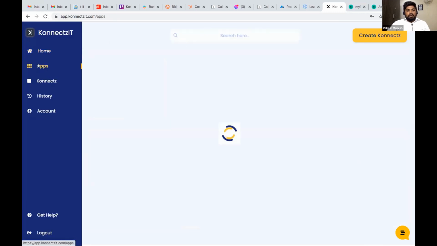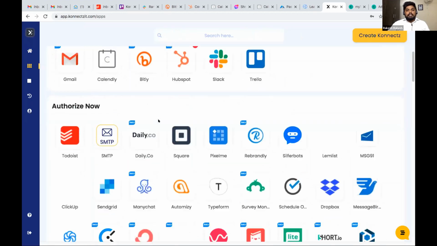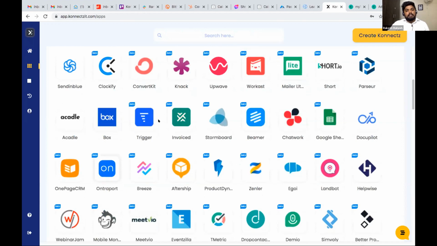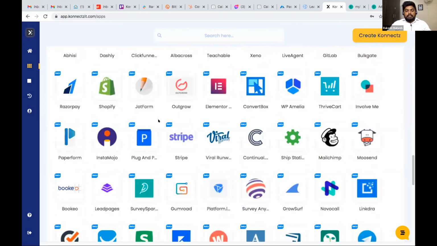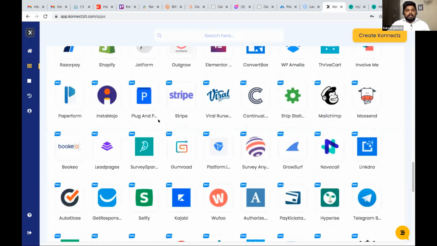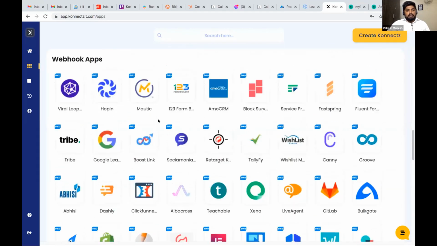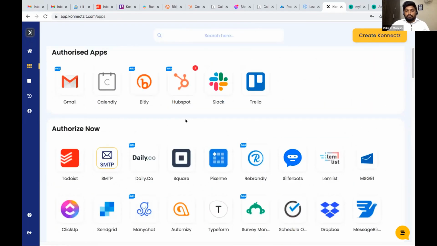When you go to our apps tab, these are all the apps which we added to Connects It as an integrated library. There are two types of apps that Connects It supports: one is authorized apps and one is webhook apps. People can use these apps to integrate, connect and build a workflow.